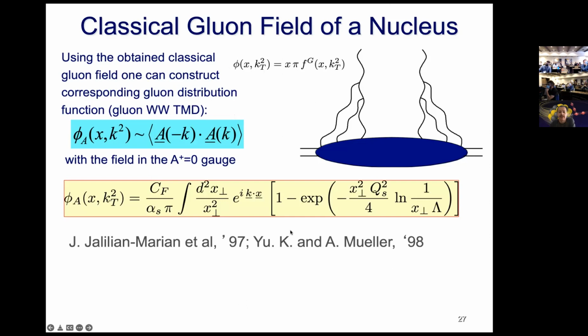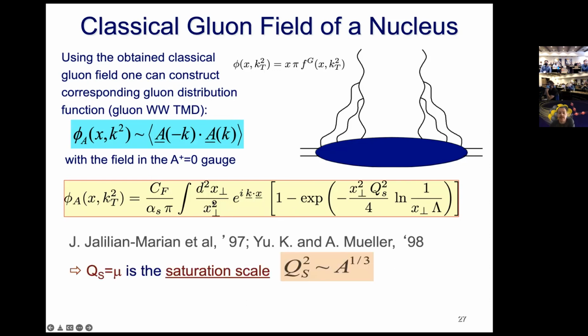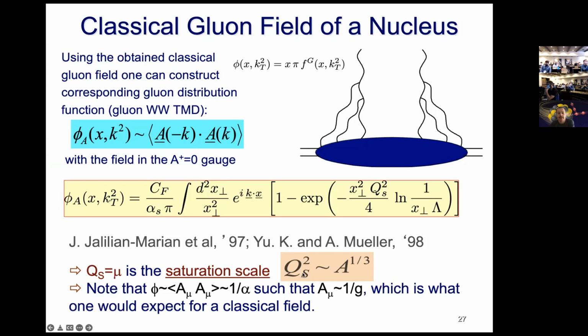So when the dust settles, you do this calculation, you end up with this unintegrated gluon distribution, which actually looks in some way similar to the dipole formula we just looked at, this 1 minus exponential. It's divided also by what used to be the size squared of the dipole, and then you do a two-dimensional Fourier transform. Underlines are two-dimensional transverse vectors. So it's a Fourier transform like this. And again, you see this saturation scale arising as well.